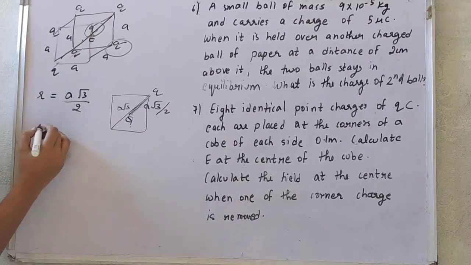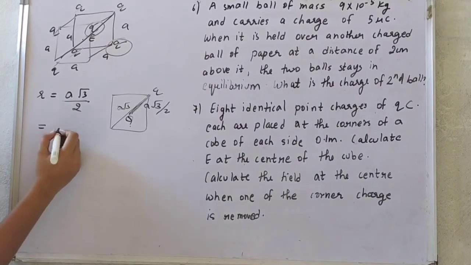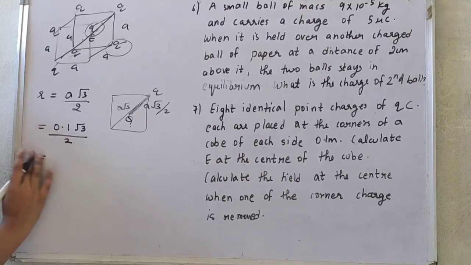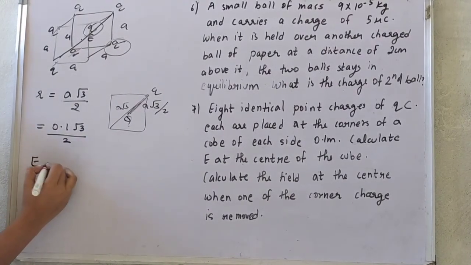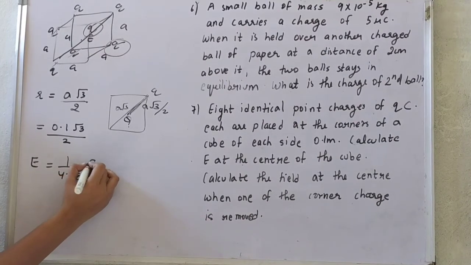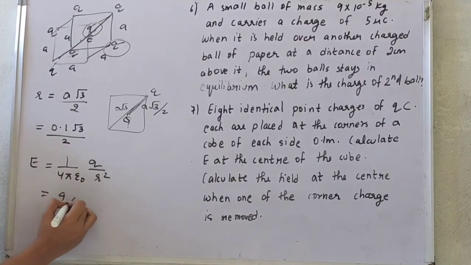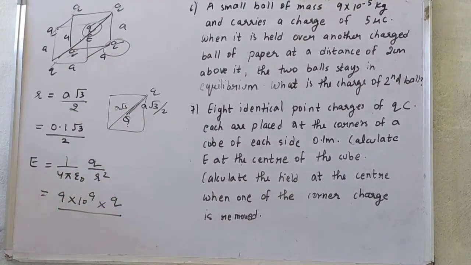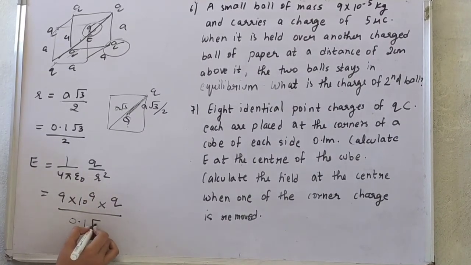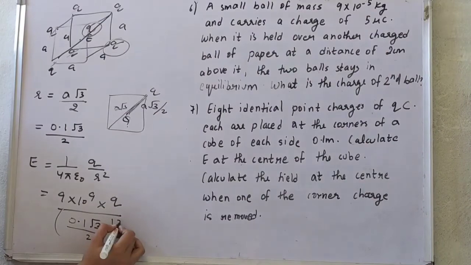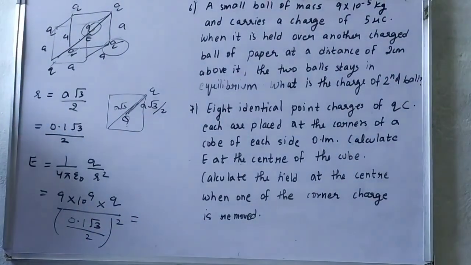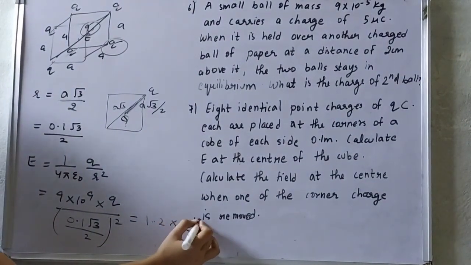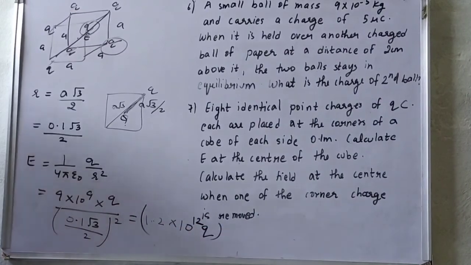Okay, now A is equal to, the side is 0.1 meter. So 0.1 root 3 upon 2. Here we will take this one only. Electric field, the formula is 1 upon 4 pi epsilon naught Q upon R square. 9 into 10 raised to power 9. Q as it is, it will be left because no value of Q is given. Radius square is this one, 0.1 root 3 upon 2 whole square. And when you solve it, you will get the answer. That is equal to 1.2 multiplied by 10 raised to power 12 coulomb. Okay, and the direction will be